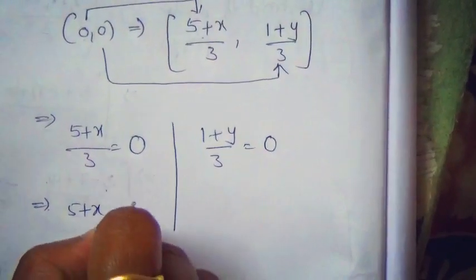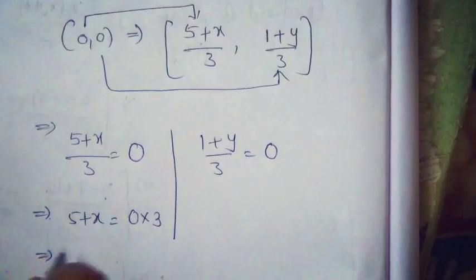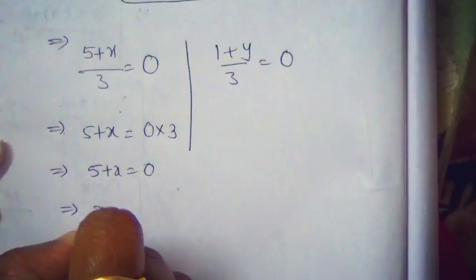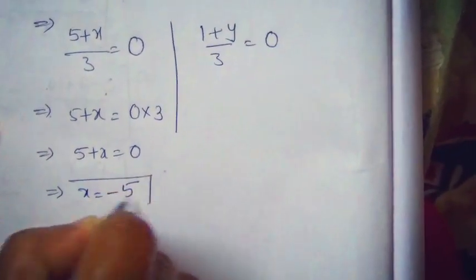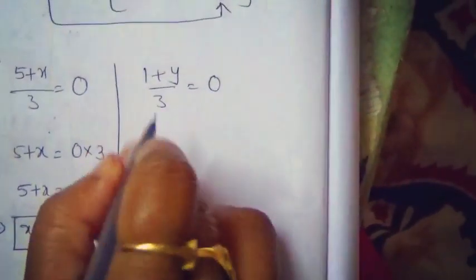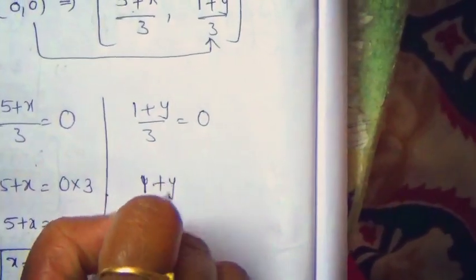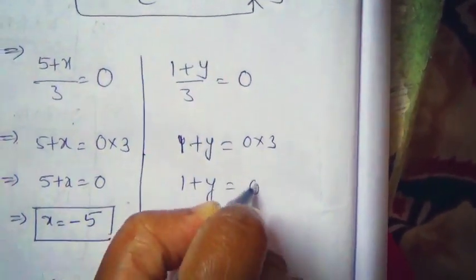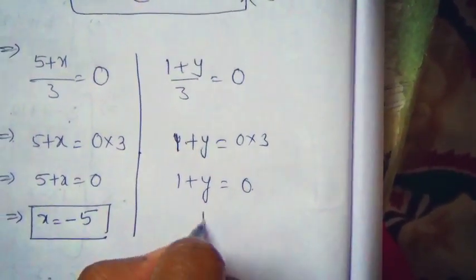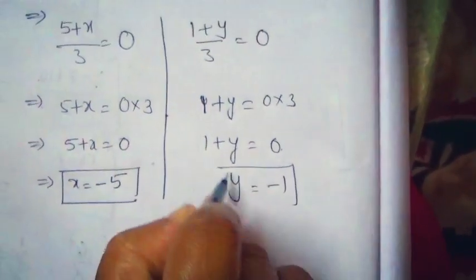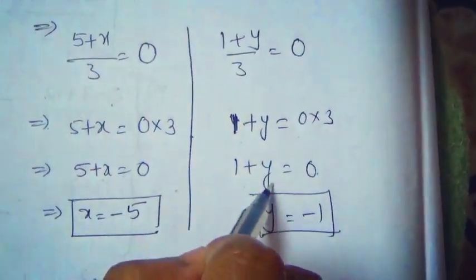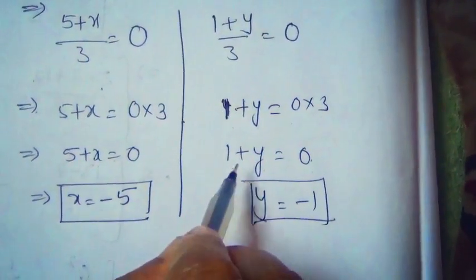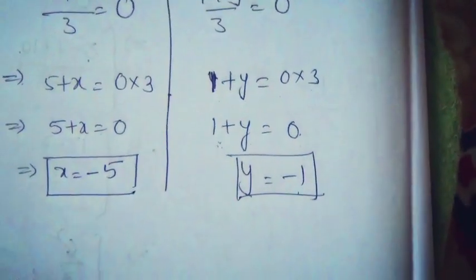5 plus x is equal to 0 into 3. That implies 5 plus x is equal to 0. That implies x is equal to minus 5. Just like this, 1 plus y is equal to 0 into 3, 1 plus y is equal to 0, y is equal to minus 1. Okay, now